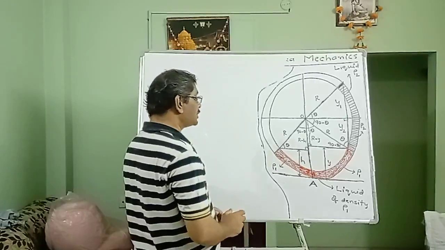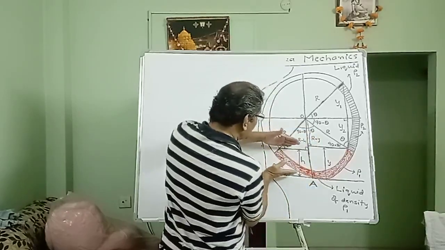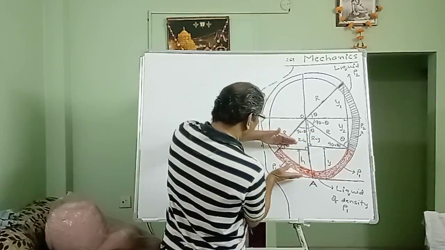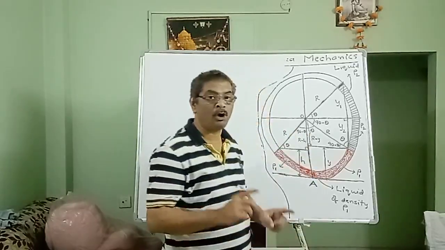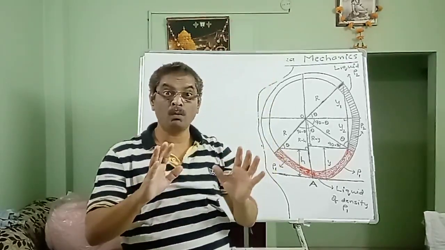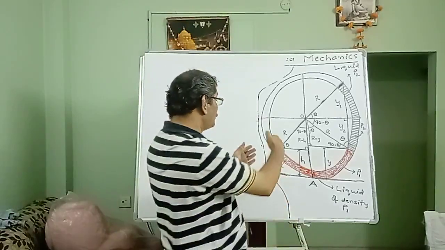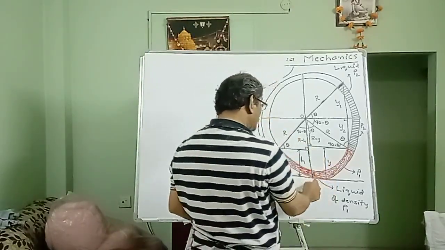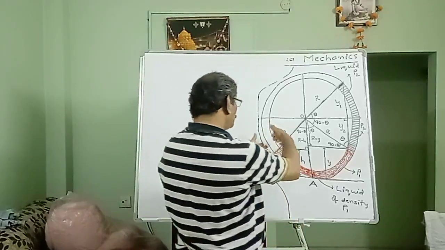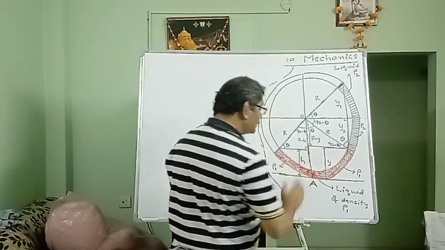Now let us say h is the vertical height of the left column from the reference point A. First you find out the total pressure that will be exerted by the left liquid column at the point A. Remember, I am assuming that h is the vertical height of the left liquid column.